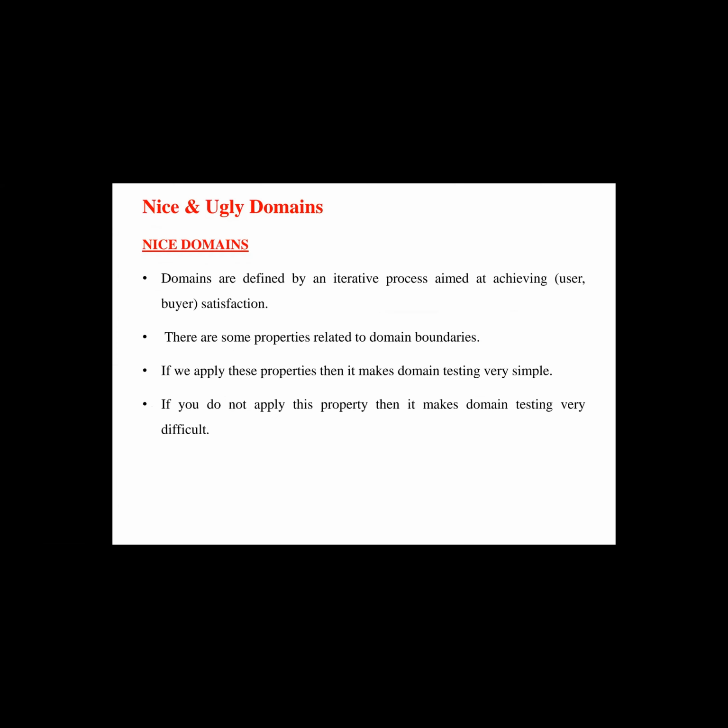For example, listen carefully, we have a variable called x. If x contains the values 1, 2, 3, 4, 5, it is a set. X is a variable and it contains values. Domain is nothing but the values it contains, from 1 to 5. So the range, the boundary of that variable, is 1 and 5. The lower boundary is 1 and the upper boundary is 5. That is the boundary of that variable.